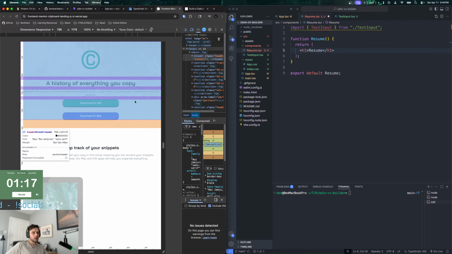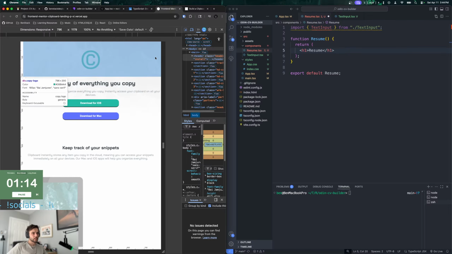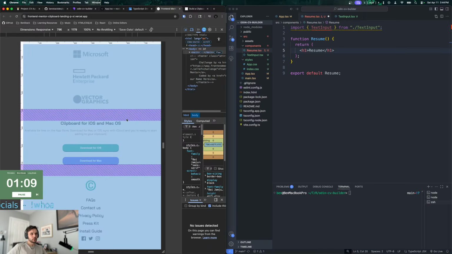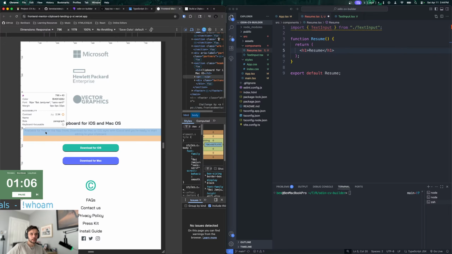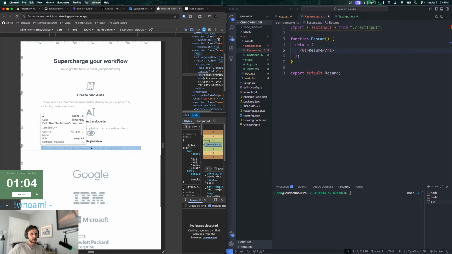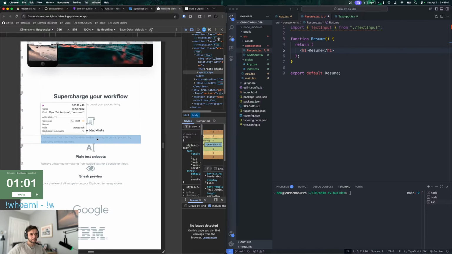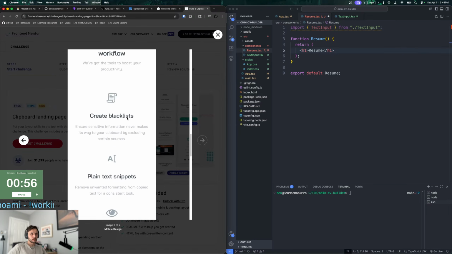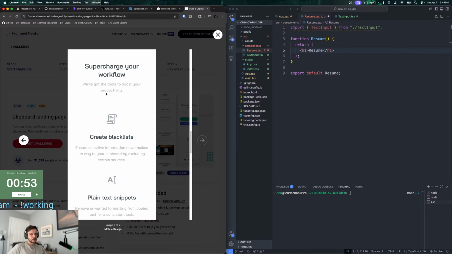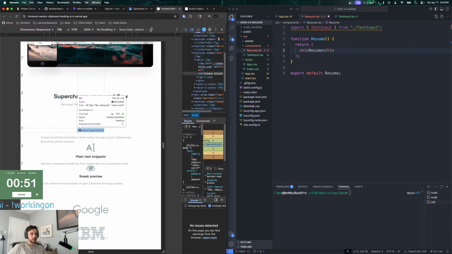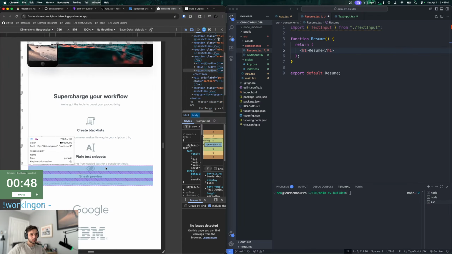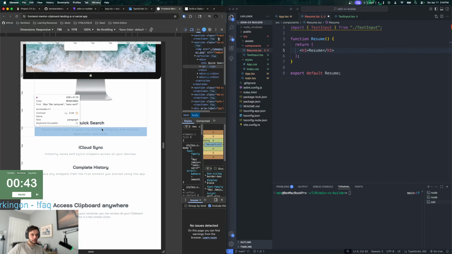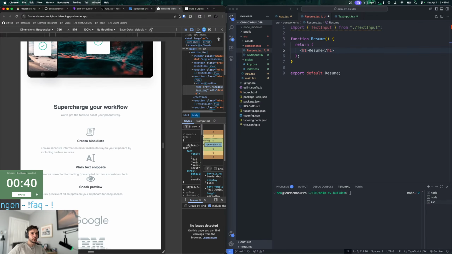Again, you're gonna want more of a margin on the sides here, I think. Because you have the margin for this, but this text needs that margin as well, right? So that's kind of all in the middle. You might want to center this text as well. So this text is centered here, under create blacklists, blah blah blah. This should be centered in that div, I think. See how you have it centered here? It's not centered here.